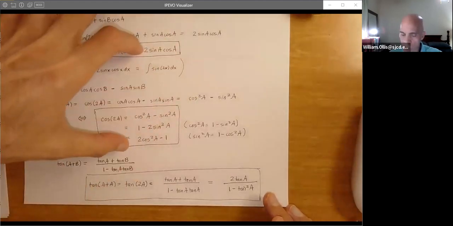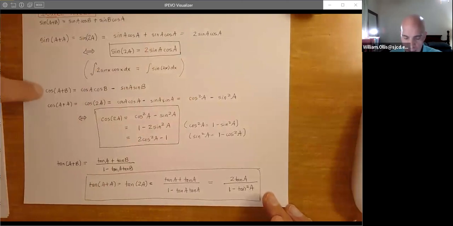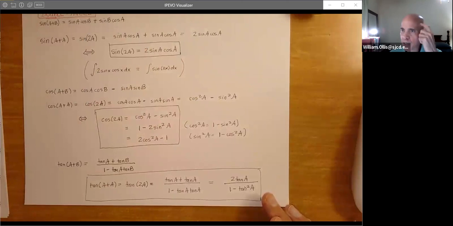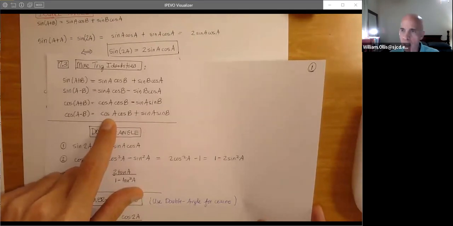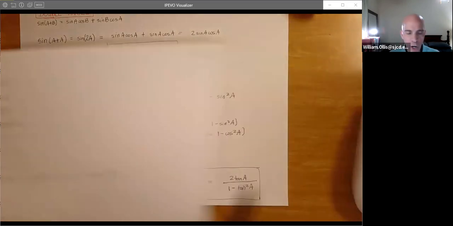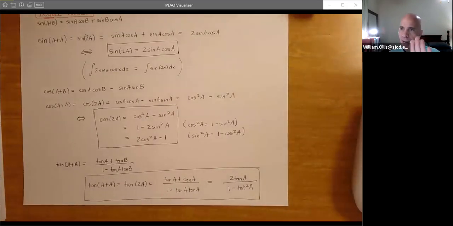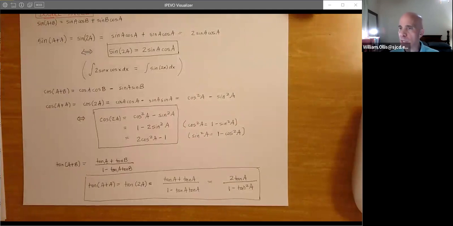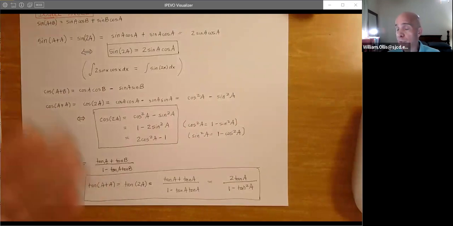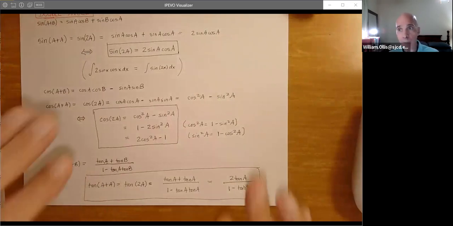So again, as you need these formulas, don't worry about maybe memorizing all of these. You will learn these because you'll use them a lot. But if you commit this, this, and this, the addition formulas, you can always get these. So we're thinking of this basic list right here as being fundamental. We know that basic list of the addition and subtraction, and we can get all these new guys very simply, just by making a change of variable. When you're doing math, you can use whatever variables you want and rederive equations and do whatever you need to do to finish the problem, as long as it's legitimate mathematics.